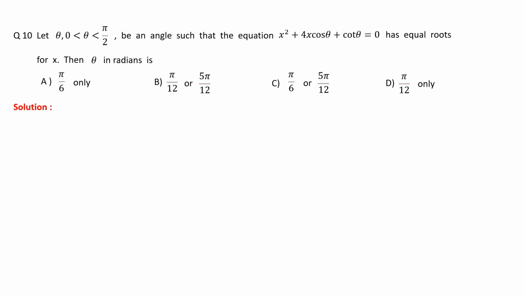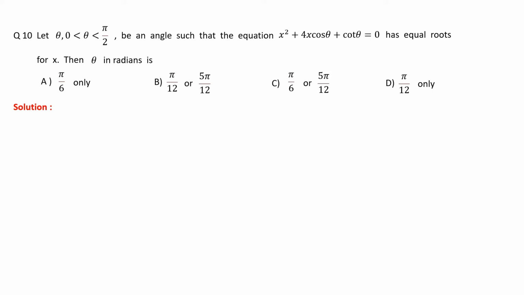Now this is the next problem. It says let theta belonging to the first quadrant, because theta greater than 0 less than pi by 2, be an angle such that the equation x square plus 4x cos theta plus cot theta equal to 0 has equal roots for x. Then theta in radians is. Now it's a direct question